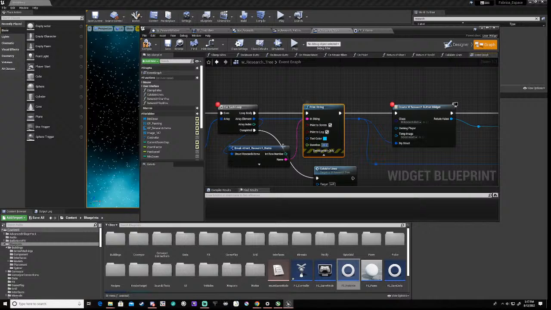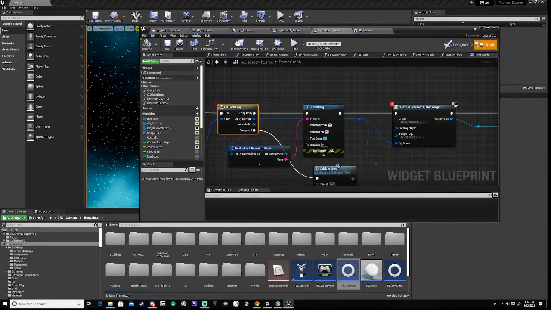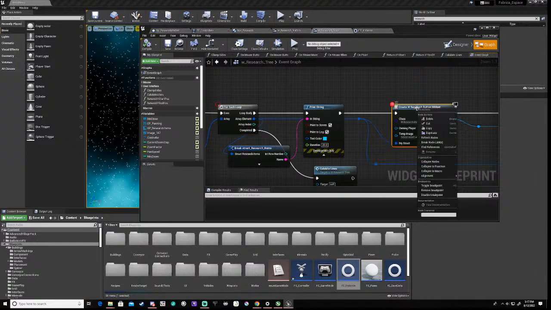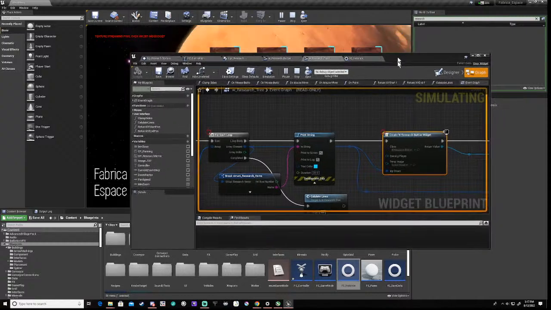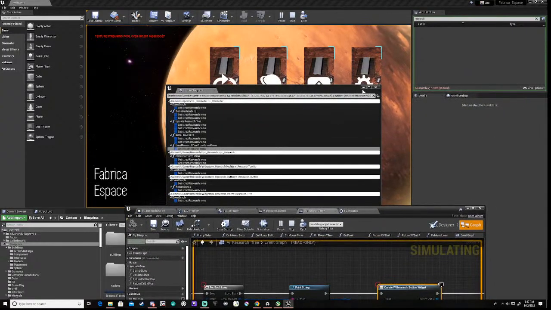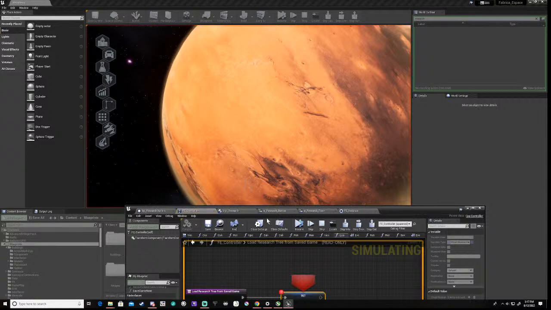Change that to 20 seconds. Now this should print out the names of all our research items, right? So if we continue,